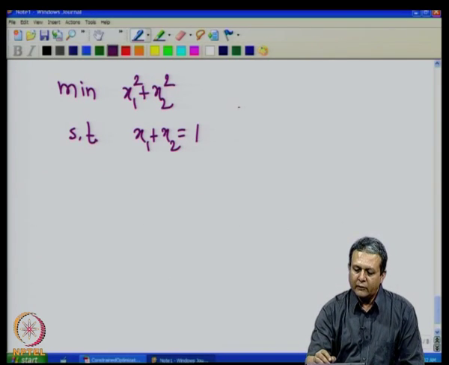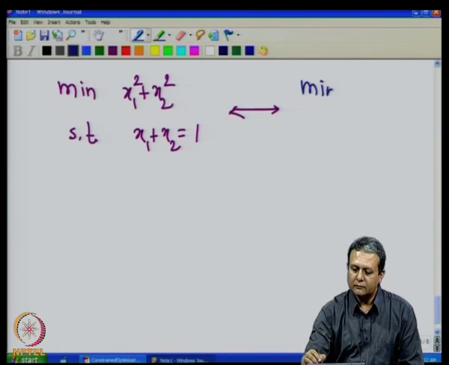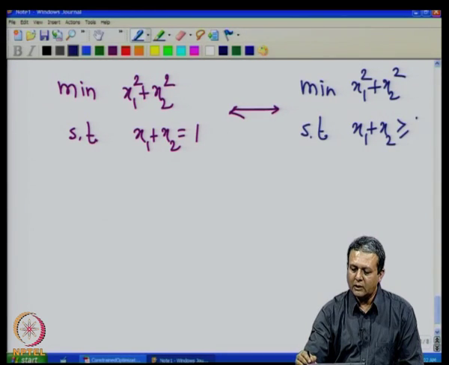Now, this problem we can write as minimize x1 square plus x2 square subject to x1 plus x2 greater than or equal to 1